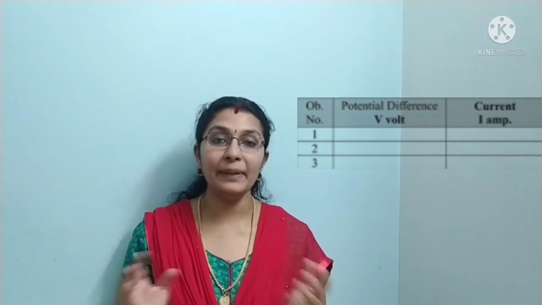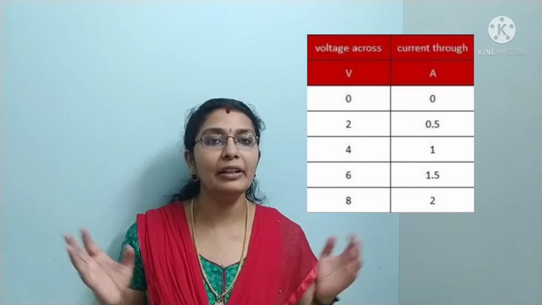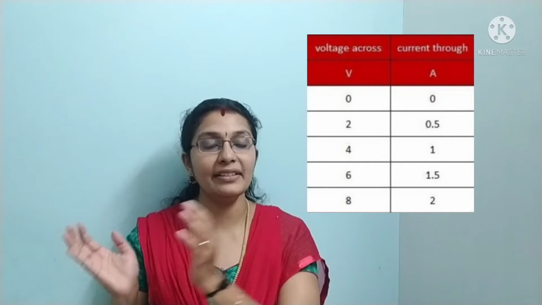Okay. We'll repeat the experiment with two batteries. So, what's the difference? You can find the difference through the voltmeter as well as the ammeter reading. It increases or it doubles. Okay. Now let's complete the experiment with 3 batteries and 4 batteries and just note down the readings. Okay. Now we'll find the relationship between voltage and current.